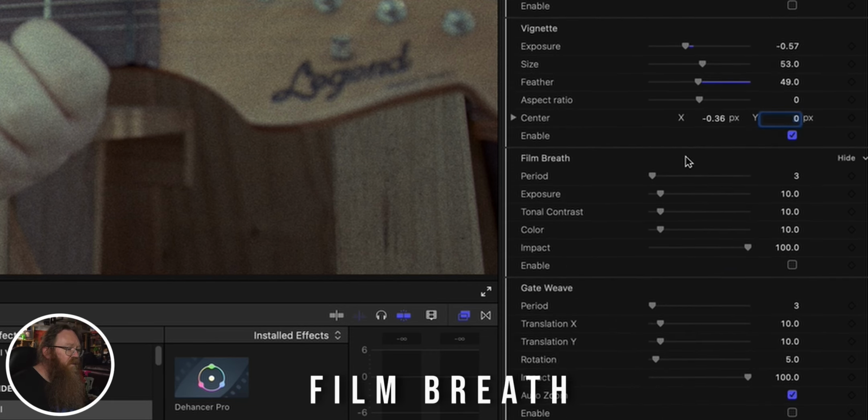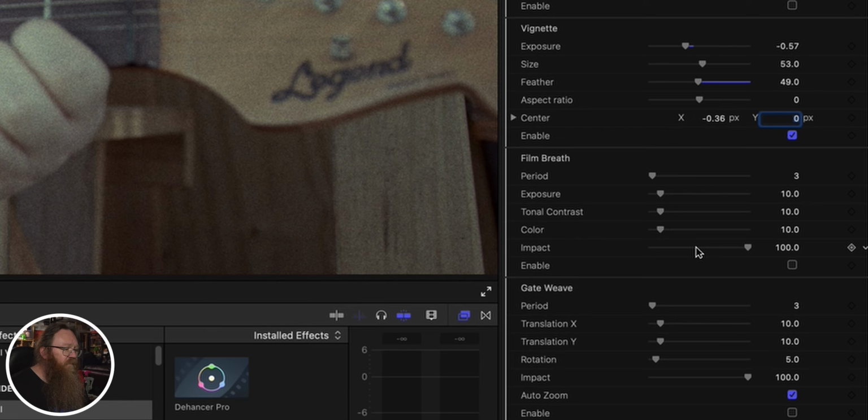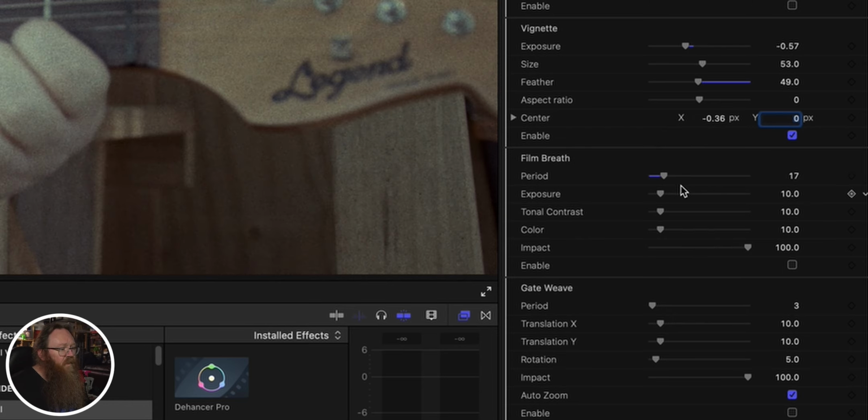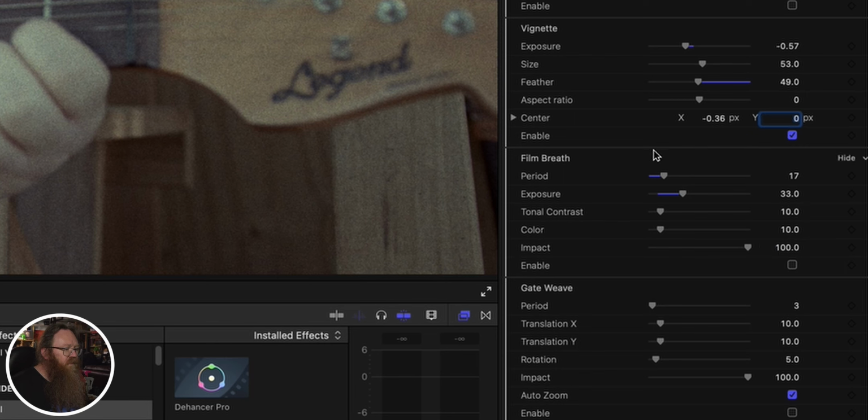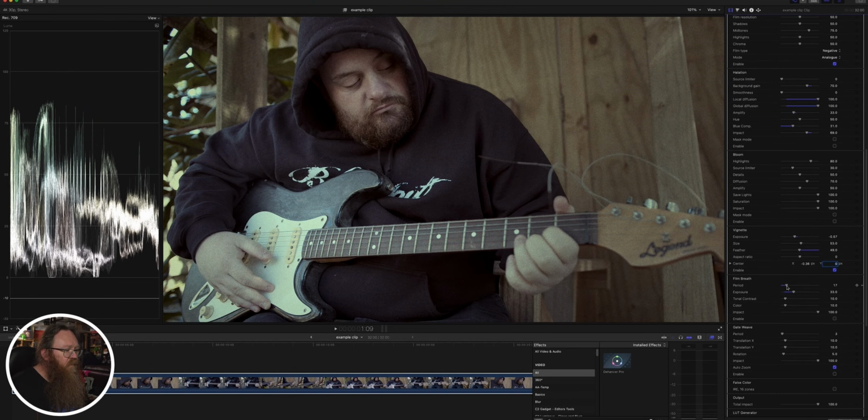Now, film breath is an interesting part of the filming process where the exposure on the footage moves in and out, so it's not stable. This might be where you've got a lens that is a bit loose or something, or the f-stop isn't stable. You've got an old loose lens that sort of moves around a bit. So what I'm going to do is increase the impact and I'll reduce the period over there,